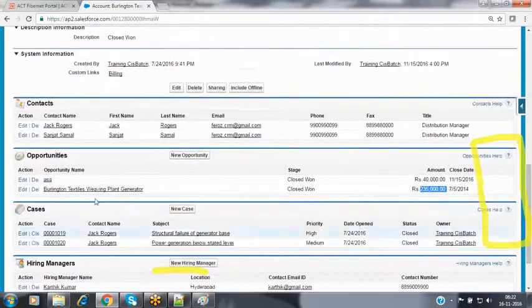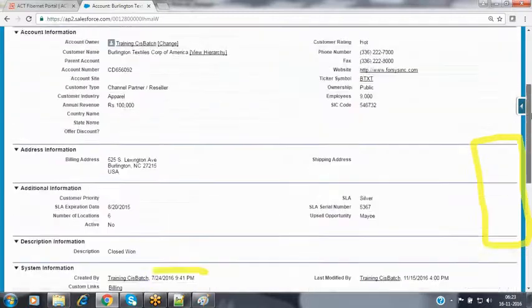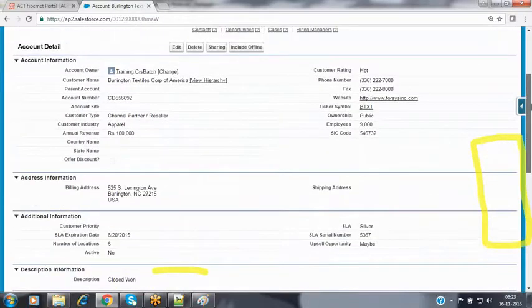Why? Because if there are more opportunities, it will be very difficult to calculate those sum values. So I want a field inside my account record which can show how much revenue we have generated from the customer as of now. From the next time, we are going to offer some discounts also. Based on the revenue, I would like to change the rating of my customer so that I can give a heart rating. If you generate more revenue from the customer, I want to give the heart rating, and then we can offer some 25% discount to that customer every time from next time onwards.